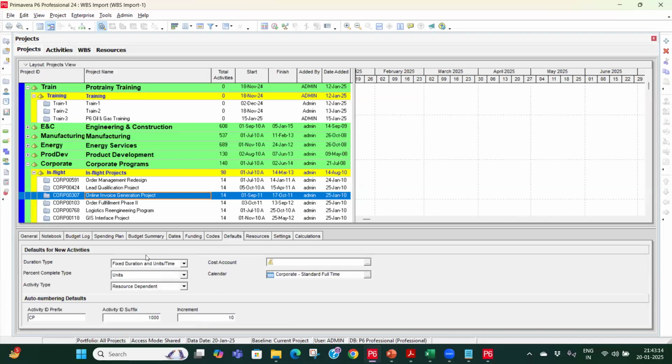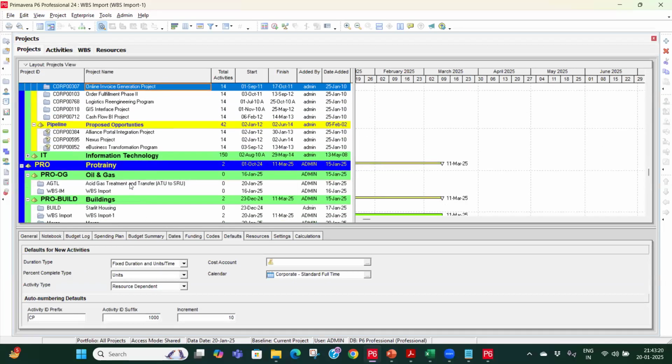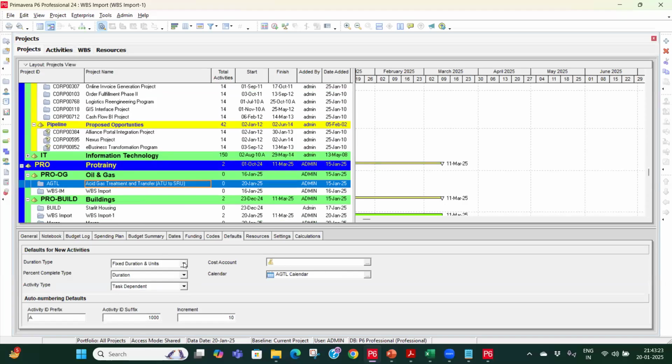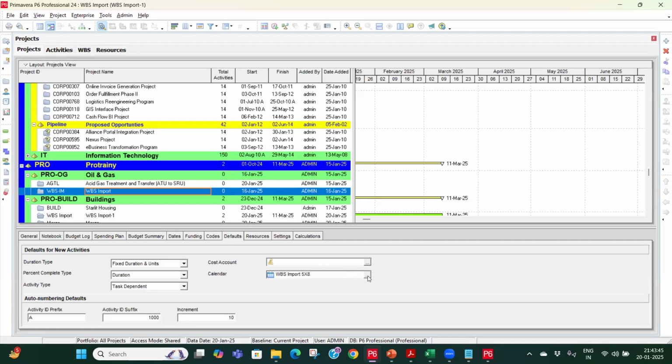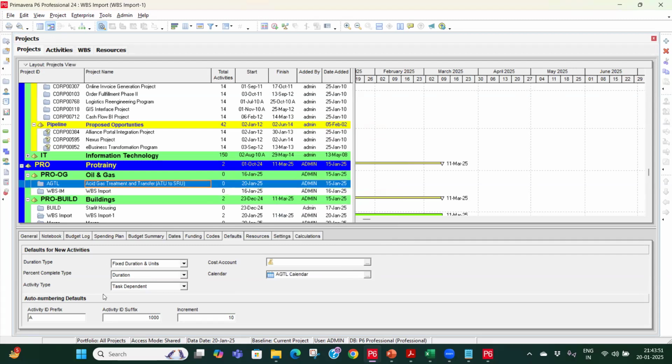है। इसमें क्या है ना, प्रोजेक्ट का एट्रीब्यूट्स ये भी मैं आपको बताने वाला हूँ अभी। जब एक्टिविटी ऐड करूंगा उससे पहले, इस डिफॉल्ट्स में जैसे मैंने इस एसिड गैस प्रोजेक्ट को सिलेक्ट किया, यहाँ पे जो भी एट्रीब्यूट्स आप सेलेक्ट करेंगे, तो जो भी एक्टिविटी आप नया क्रिएट करेंगे, उस पे ये प्रॉपर्टीज अप्लाई होंगी। यहाँ पे देखिए एजीटीएल कैलेंडर ऑलरेडी असाइंड है, तो मैं जो भी एक्टिविटी ऐड करूंगा उसमें एजीटीएल ऑलरेडी असाइन होगा। लेट्स से मैं ये डब्ल्यूबीएस इंपोर्ट वाले प्रोजेक्ट पे क्लिक करता हूँ। देखिए इसका कैलेंडर अलग है, इसका कैलेंडर आप यहाँ से चेंज कर सकते हैं, इसको भी आप एजीटीएल लगा सकते हैं, जो भी नया एक्टिविटी आप क्रिएट करेंगे। तो ये सेटिंग्स आपको करना पड़ता है,